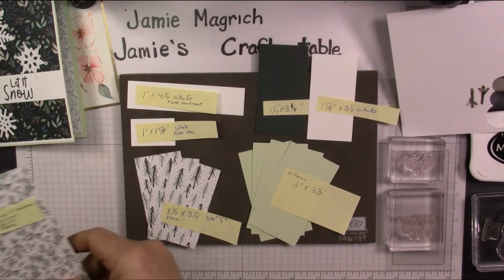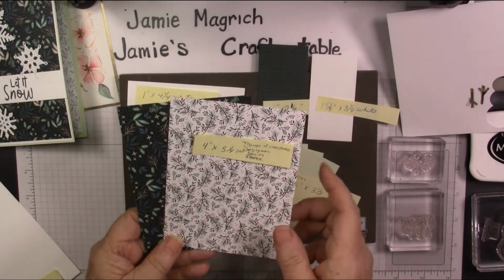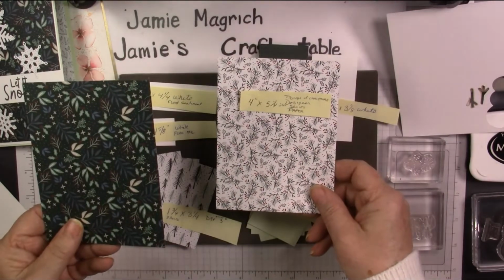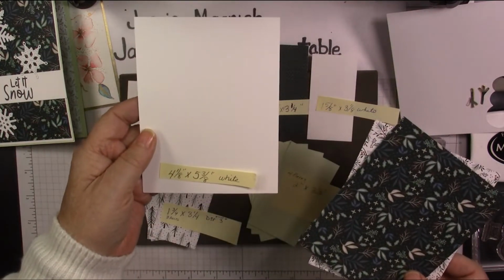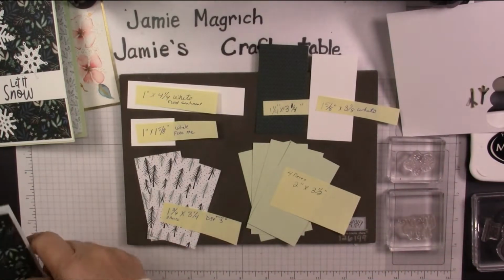Okay, then I have 2 pieces of the Designer Series paper, which is 4 inches by 5 1/4, 1 for the front, 1 for the inside. And then I have for the front of the card a 4 1/8 by 5 3/8 inch piece of white. Okay,